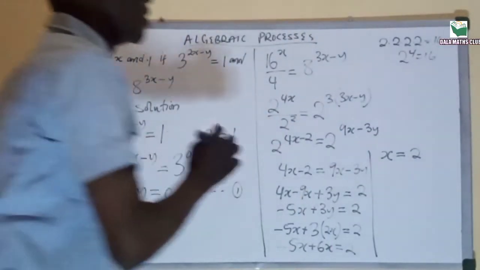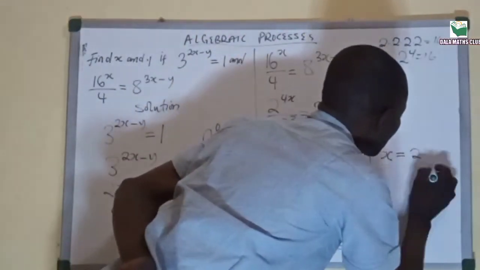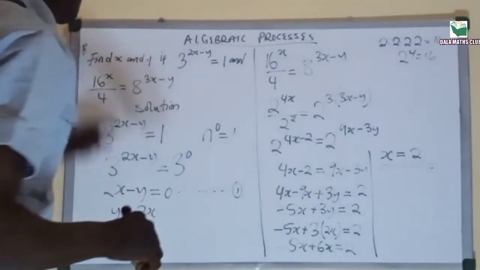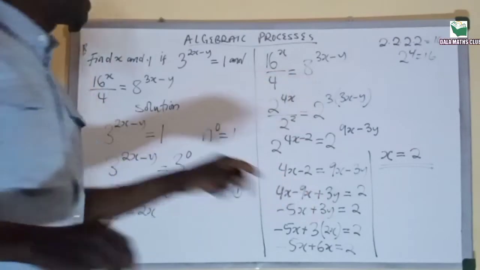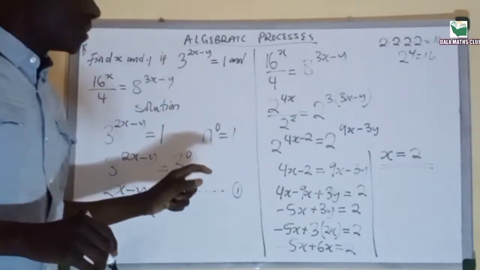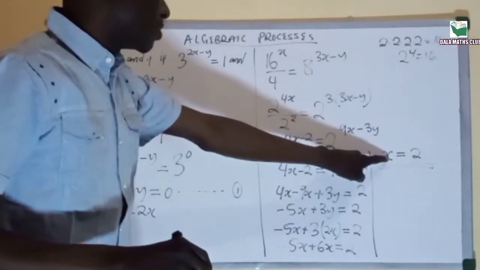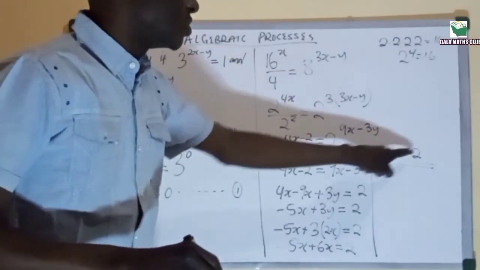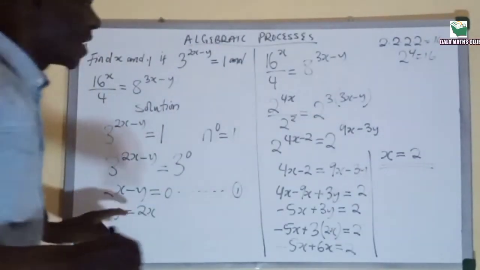Our x is 2. We have now calculated the value of x. From the question, we are asked to find x and y. So now we substitute x is equals to 2 into y, because